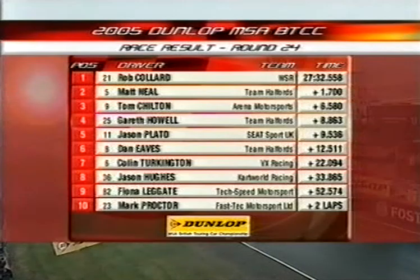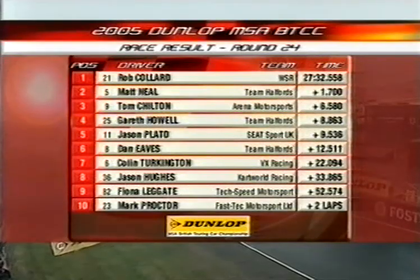So the result of race 3: Rob Collard takes his first win ahead of Matt Neal. Tom Chilton in third place, a strong fourth place for Gareth Howell ahead of Jason Plato, then Dan Eves in sixth place. Colin Turkington was 7th, Jason Hughes 8th, Fiona Leggett finished in 9th place, and Mark Proctor